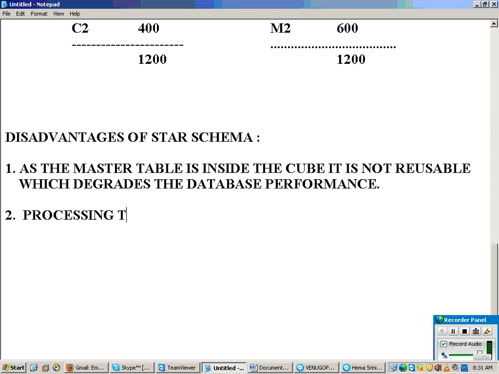Now what happens here? How does the system start processing? It will convert the alphabets into numeric values, system language, and then it will start processing.